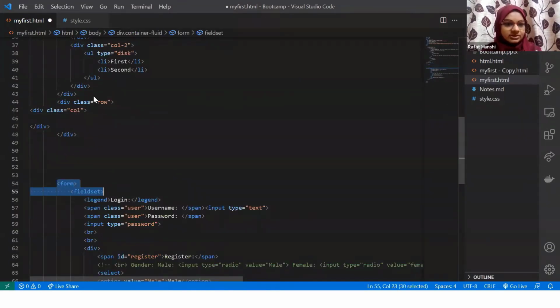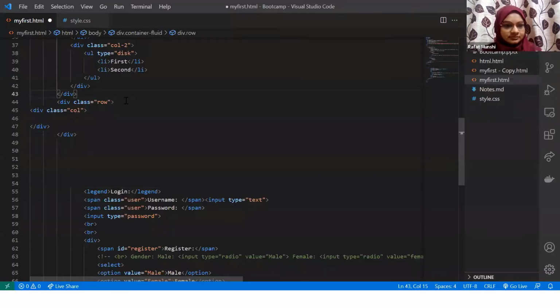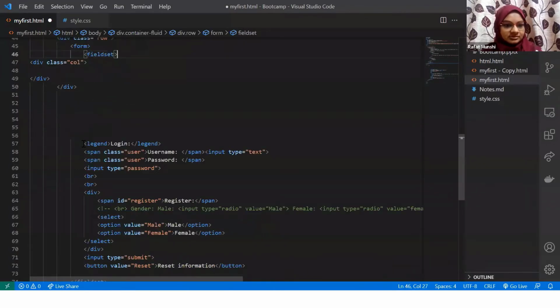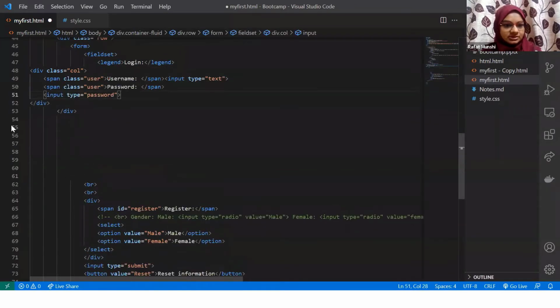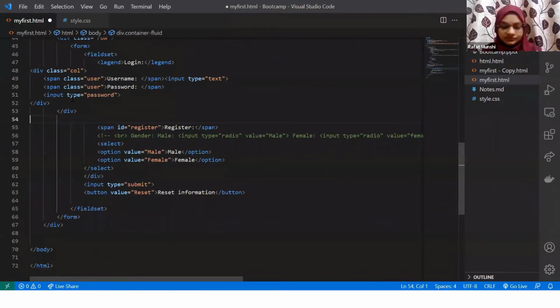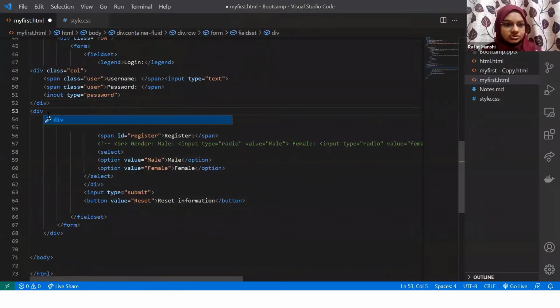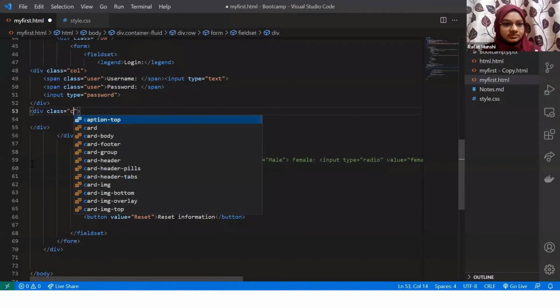Okay, so I'll begin my form within the div. And then put the remaining items in the first one. Let's say username and password. And then in the next column, maybe I would want to use the register part.